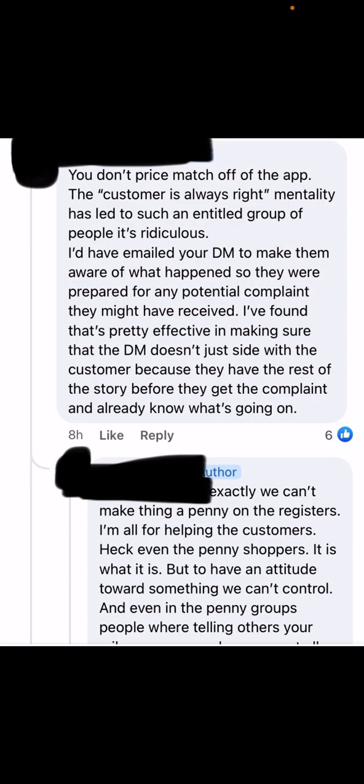That person got 6 likes at the time of me screenshotting this. The reply to that comment says, exactly. We can't make things a penny on the register. I'm all for helping the customer, heck, even the penny shoppers. It is what it is. But to have an attitude towards something we can't control, and even in the penny groups, people were telling others